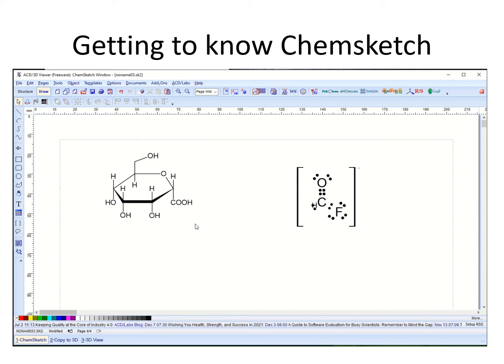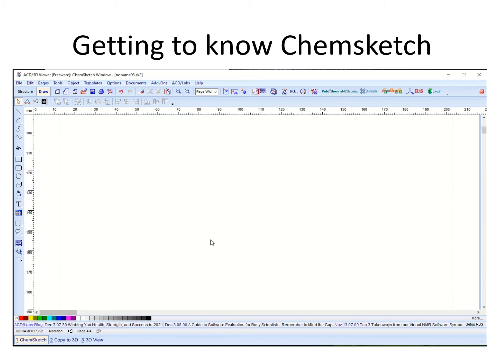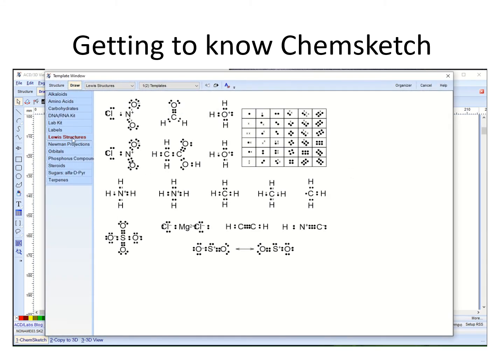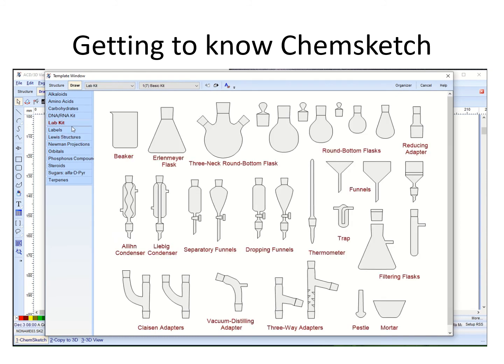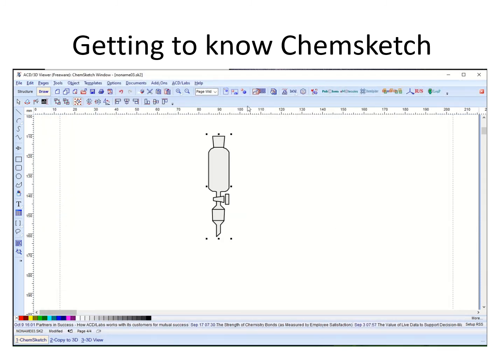So you'll be given, oh no, there's one more, which is the lab apparatus template. So with lab apparatus, you can draw, for example, a certain reaction. You have this dropping funnel, and then put it into this beaker. If it's too big, you can adjust. Okay, this is select, move, resize, and then you can resize it into the size that you want, that fits